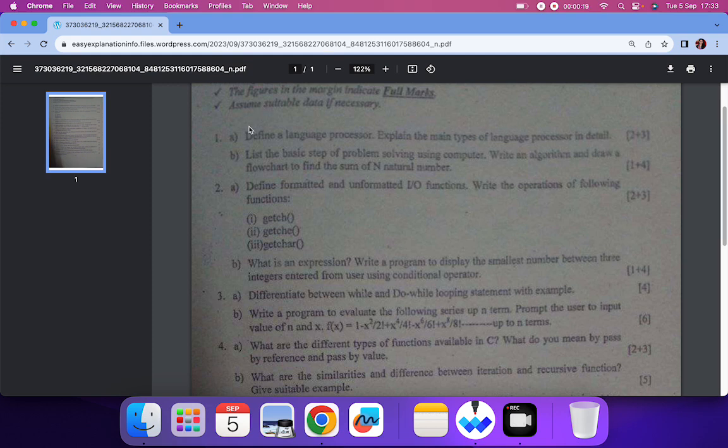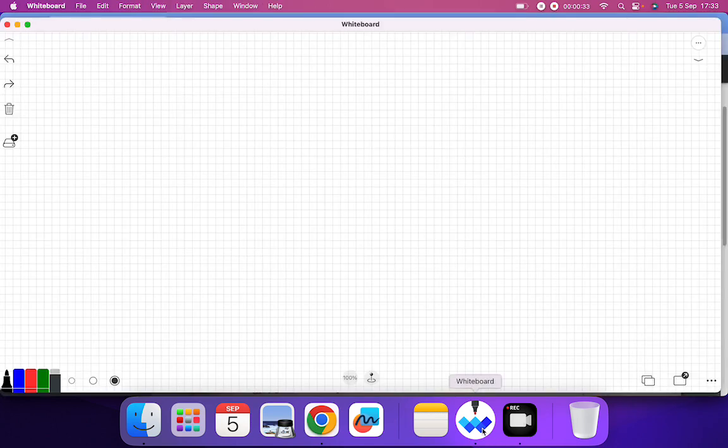So first question is define a language processor and explain the main types of language processor in details, and it covers 2 plus 3 marks. Okay, 2 marks for defining and 3 marks for explaining the main types of language processor. Okay, so what is a language processor? Let me explain this. So one number question,